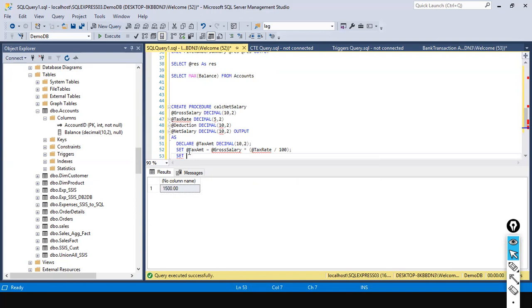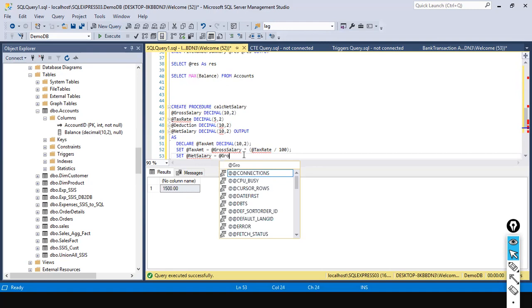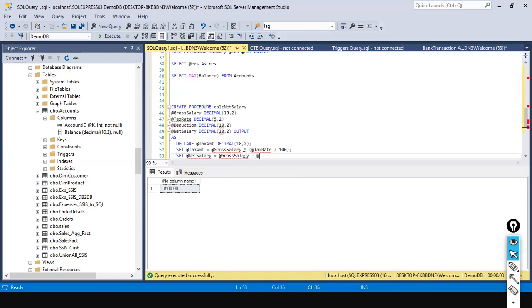We want to return the net salary, right? The tax amount is the one calculated with this formula. In the next line, I just say the gross salary minus @tax_amount